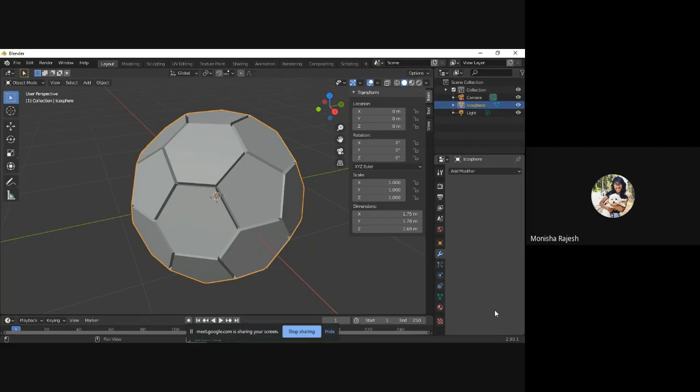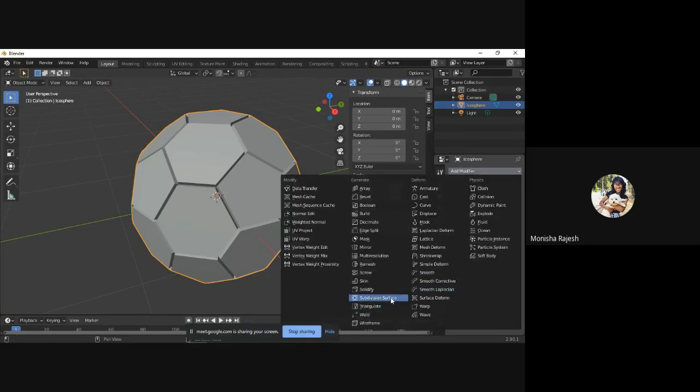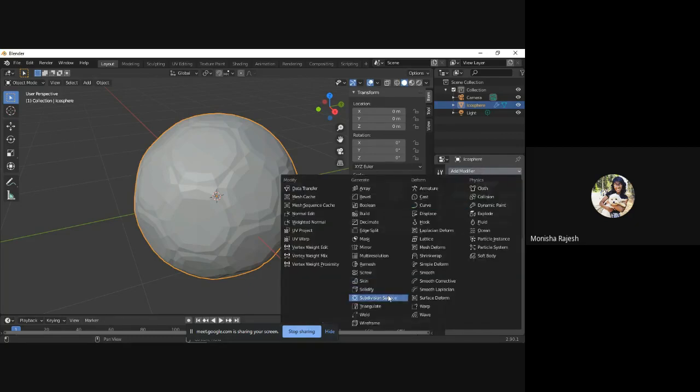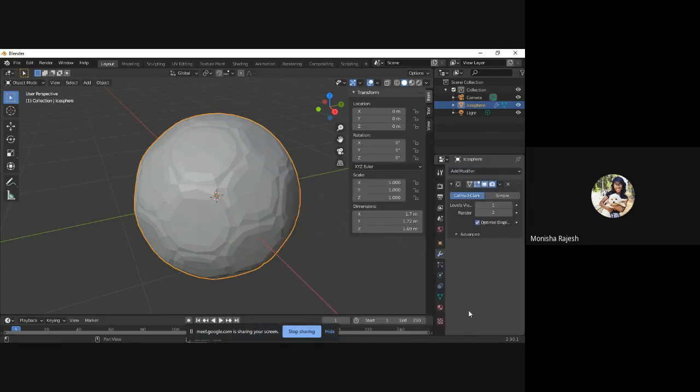When you select that, you'll get this. There, go select subdivision surface. So on your right side, the spanner, click add modifier and subdivision surface. Right? So this is what it will do to your ball currently, but don't worry, we'll adjust it again.